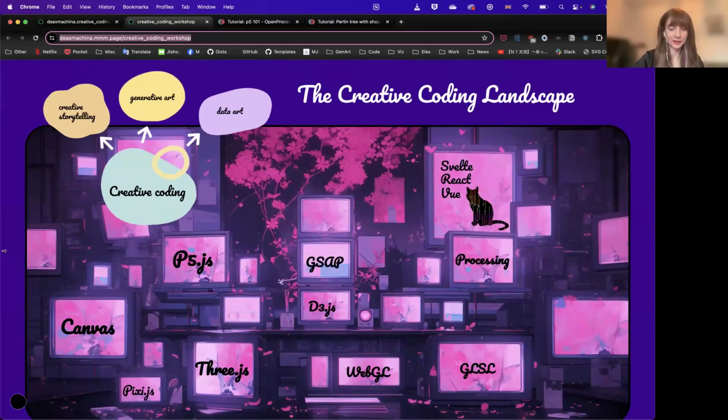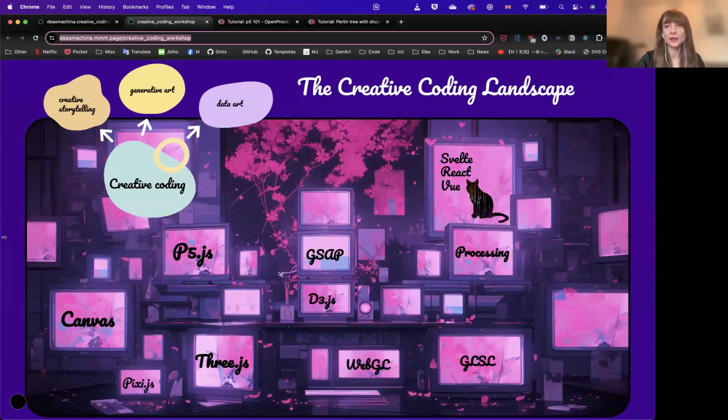I showed this slide last time, for those of you who are here, but when it comes to creative coding, there are many options, and there is not even a single definition of what creative coding means. But for the purposes of what we're focusing on today, creative coding with JavaScript, we basically mean either data art, generative art, or creative storytelling. So anything where you use code, specifically JavaScript in our case, in order to have something appear on the screen which looks like